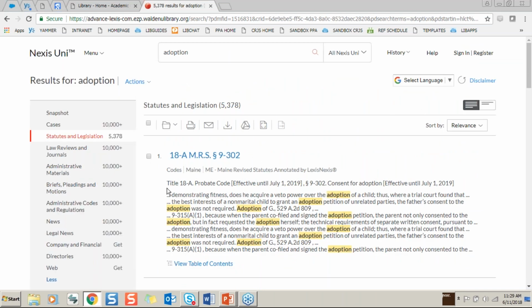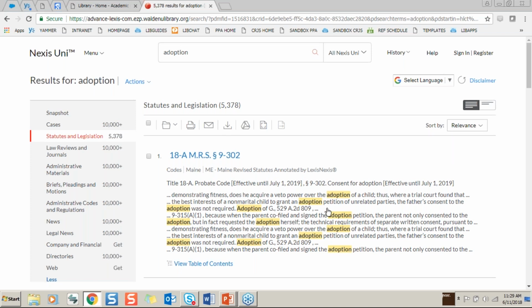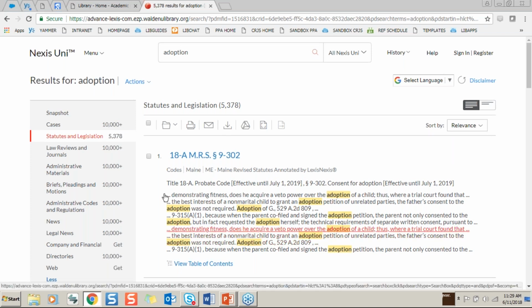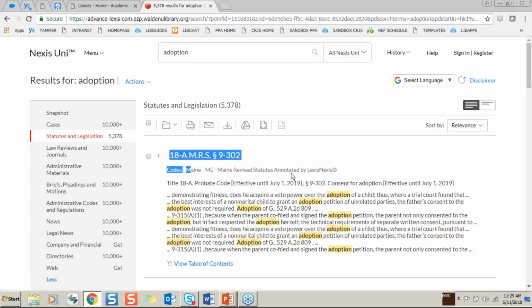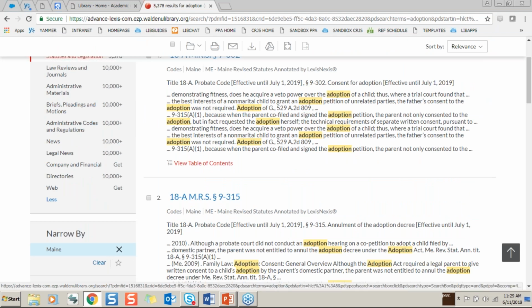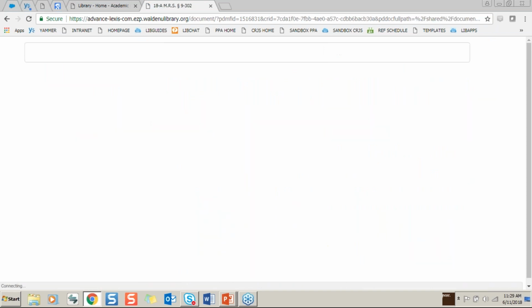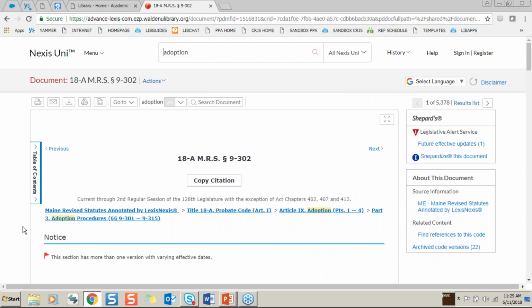Okay, so this is what your results are going to look like. You can kind of look below the title of each one and see exactly where you are. We're in codes in Maine. You can view tables of contents for a lot of these documents because they are quite lengthy. If we click on one, we go into the detailed citation, the detailed record, that is,